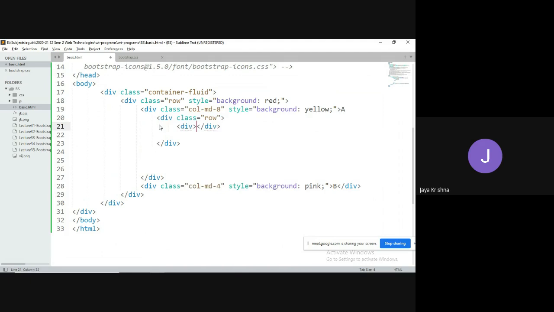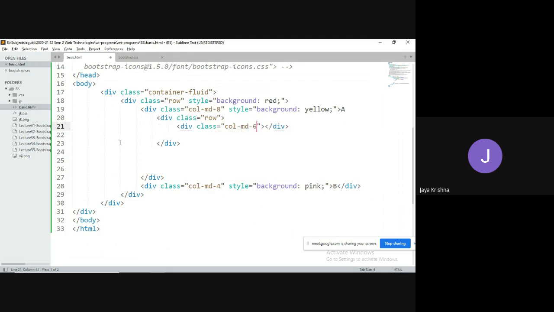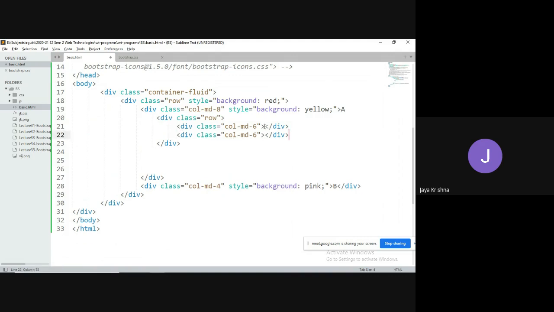So I am going to take one more division, class as col-md, with 6 parts of the actual, and the other one is also 6 parts of the actual.